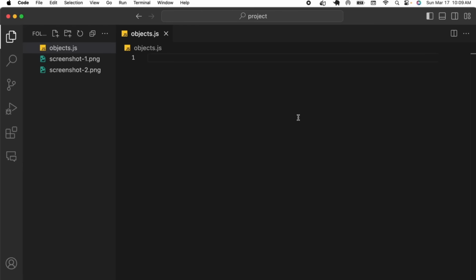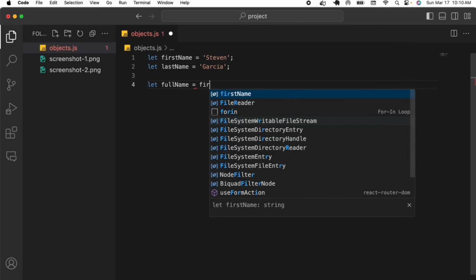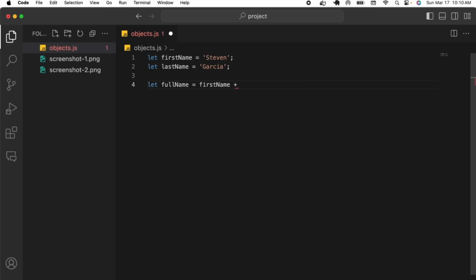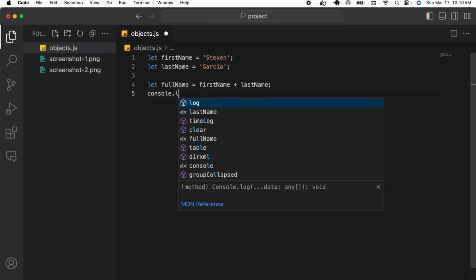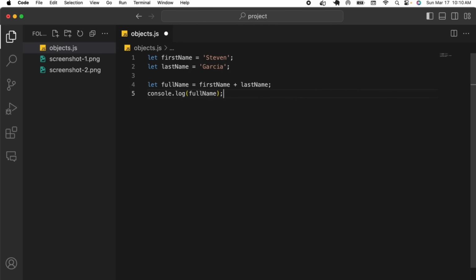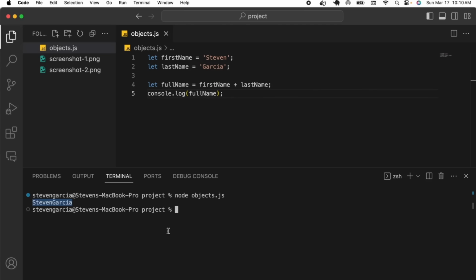So for example, if I say let first name and assign that to my name, and then I say let last name and assign that to my last name. Now if I want to combine them, I can say full name, I don't have to do first name, and use the plus sign operator, add last name, and this performs string concatenation, creating a new string and storing it in this variable. So let's output it, console.log, full name, and when we run it, we see the strings have been combined, but